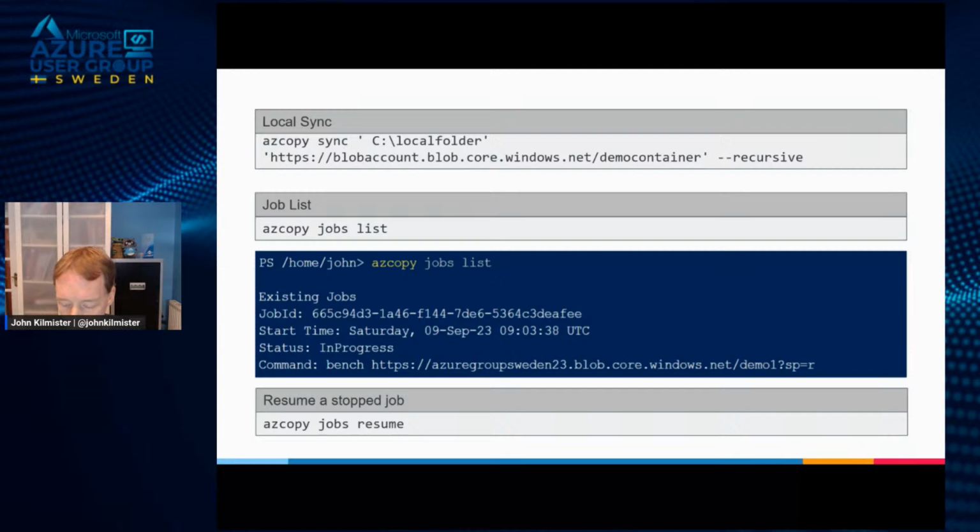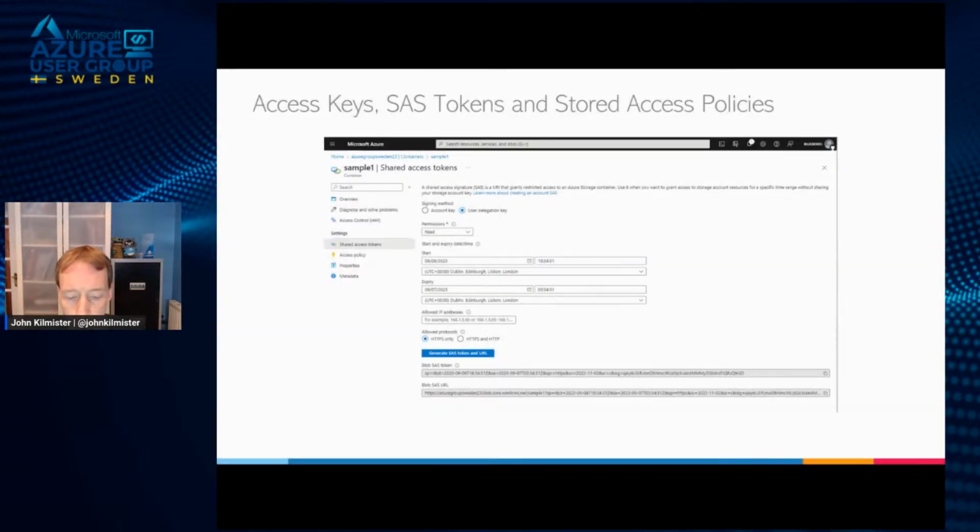So we talked about managing large amounts of files in bulk, but what if we want to give access to those files to other people? Well, there are three core ways of doing that. We can do that through access keys. However, access keys give access to pretty much our whole storage account, and we want to avoid doing that. We can even go into the configuration of our storage account and forbid the use of access keys, which is probably quite a good security option. We can create SAS tokens. SAS tokens get generated against a container or a blob with start and end dates.